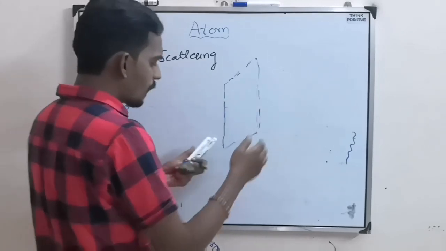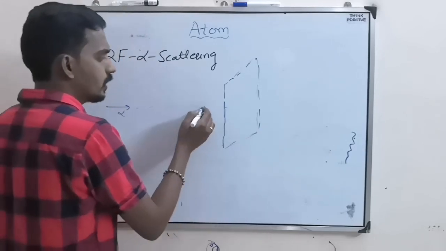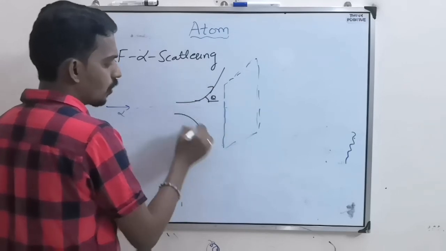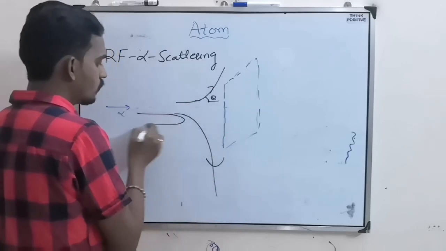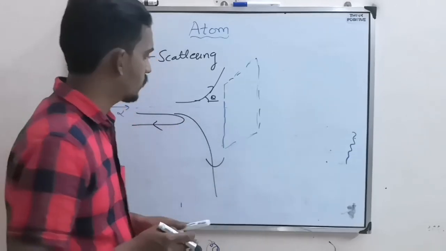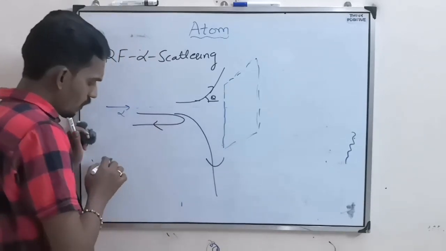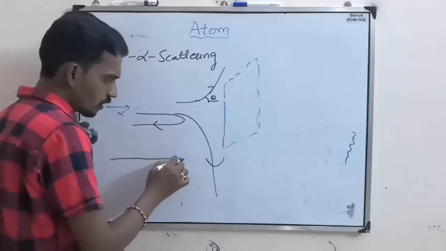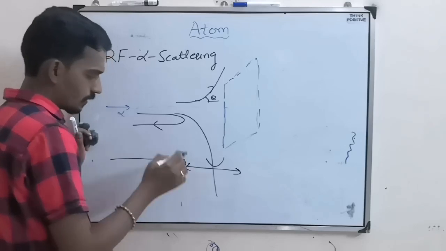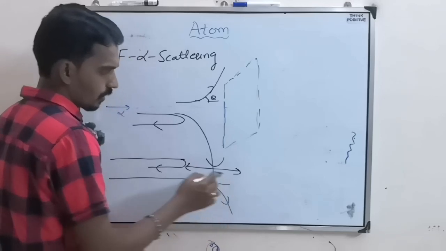And when he sent alpha particles towards the gold foil, what he observed is they got deflected. Some got deflected like this, some got deflected like this, and some got reflected back. So they got deviated from their path. A few just reach up to some minimum distance and then turn back, and the remaining just deflected in this manner.